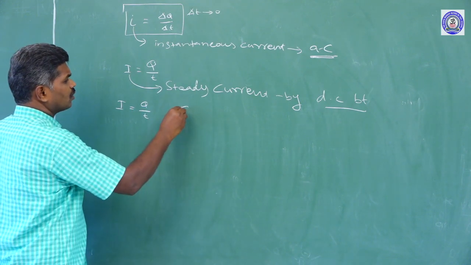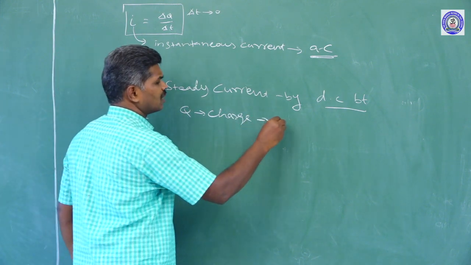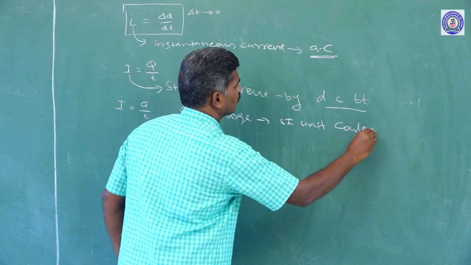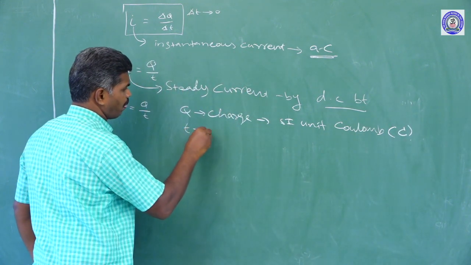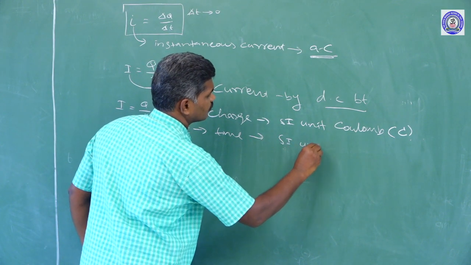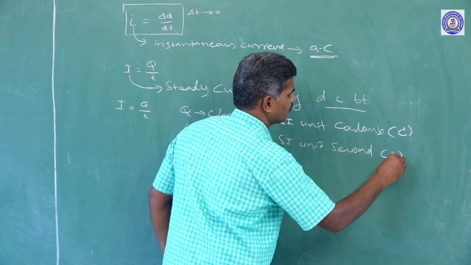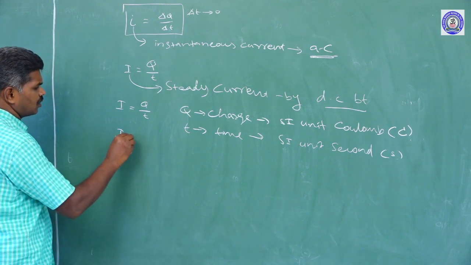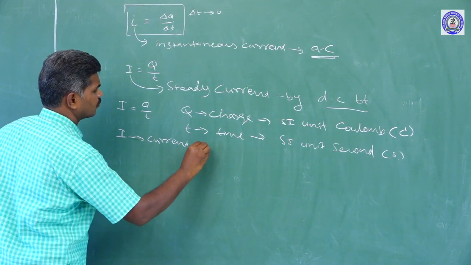We know that q is a charge, whose SI unit is coulomb, simply capital C. t is time, whose SI unit is second, small s. So, that is why the SI unit of I, the current,